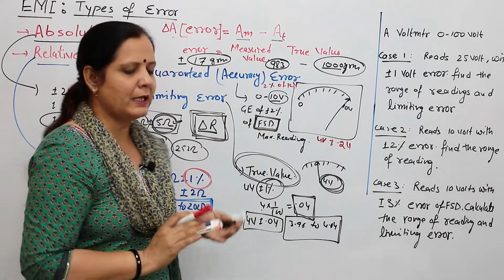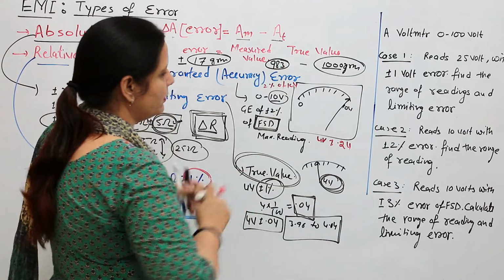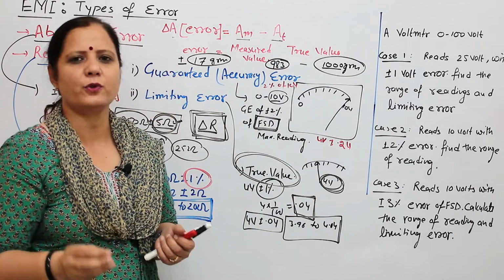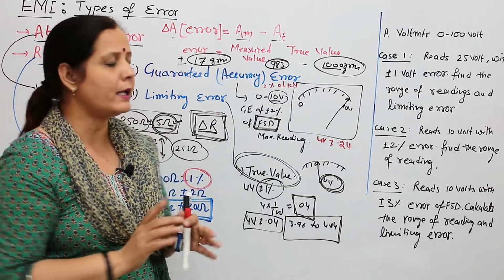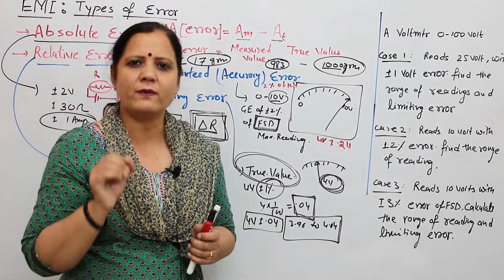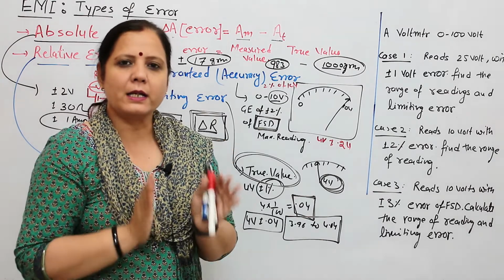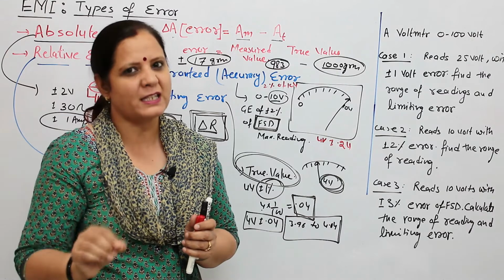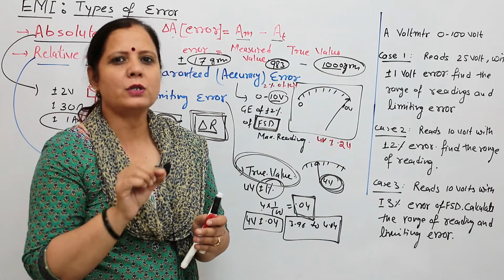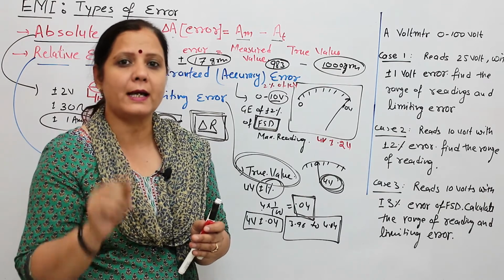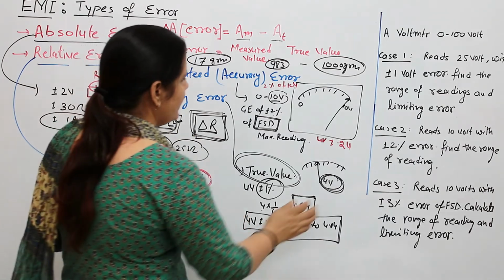Whenever students are facing numerical problems on types of error, they always get confused between the limiting error, absolute error, guaranteed error or FSD error. Do a small task. Whenever you get the term FSD, it means the error is always calculated with respect to the maximum possible value or full scale value of the measuring unit, and write down the fixed absolute error, guaranteed error, that will occur at any value of reading you are measuring.